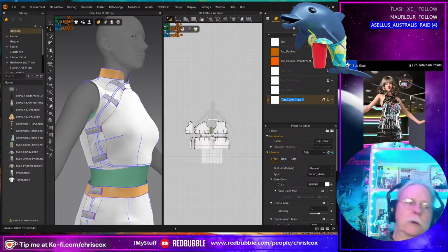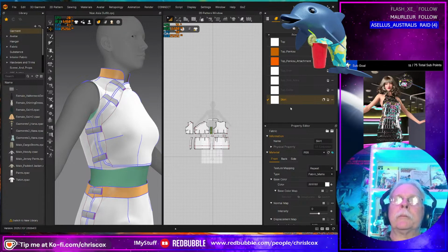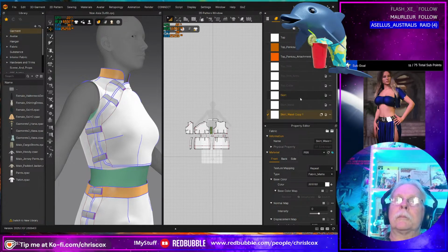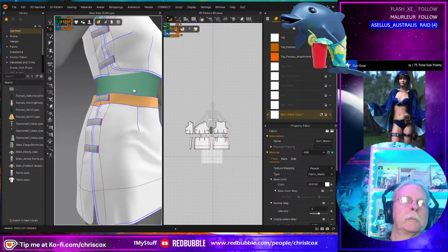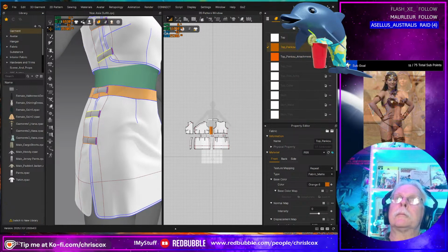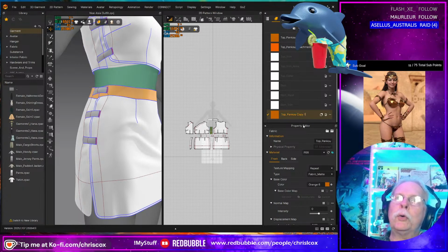You're going to be skirt. Skirt waist. Trim. Skirt panku.